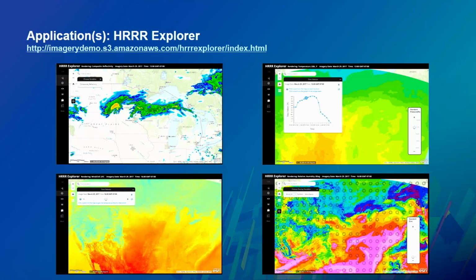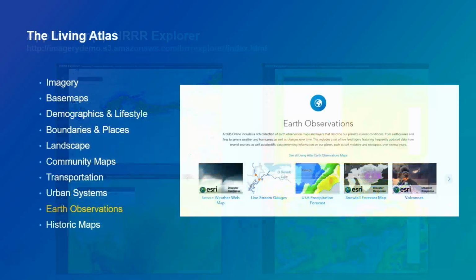Here's an example. After we published that hard data, we created this app which we call HRRR Explorer, where you can see all the different kinds of data. You see something that looks like a probe. You can see all the values and different symbology for wind, right? So you can build anything you want, right? Now,